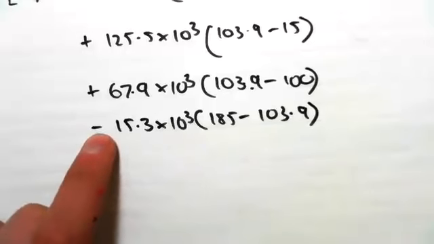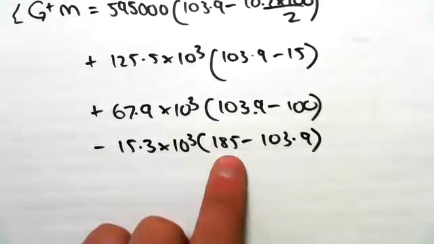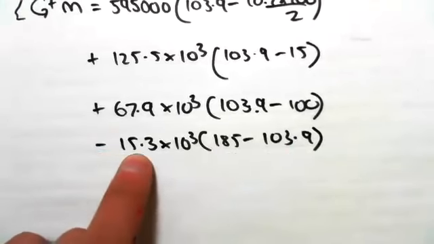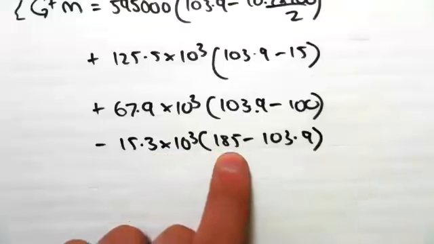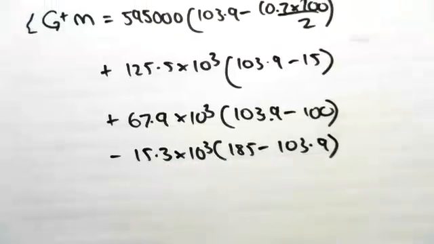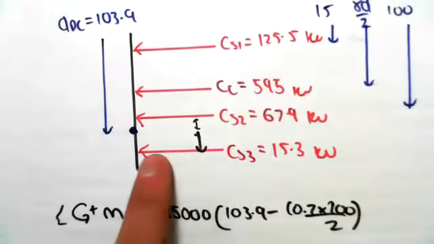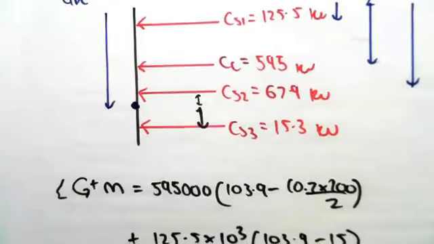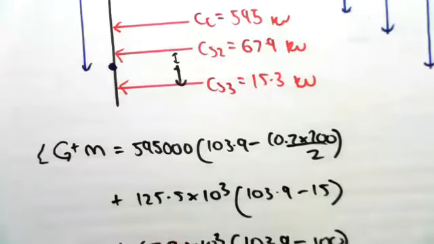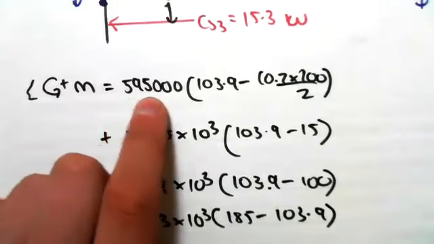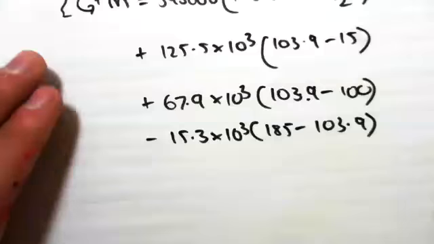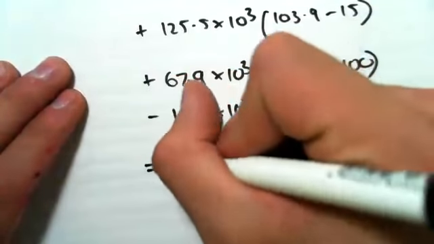So I'm making it negative, and I'm just aware of the fact that it's 185 minus 103.9. Once again, you could have made it plus 15.3 times 10 to the power of 3 times 103.9 minus 185, and that just does the same thing. But just be aware that this is going to be a negative moment, okay? Because it's going clockwise. So all I've done essentially is I've found the force and I've multiplied it by its lever arm about the plastic centroid. That's all we're really doing. If you were to work this out, you would get a moment of